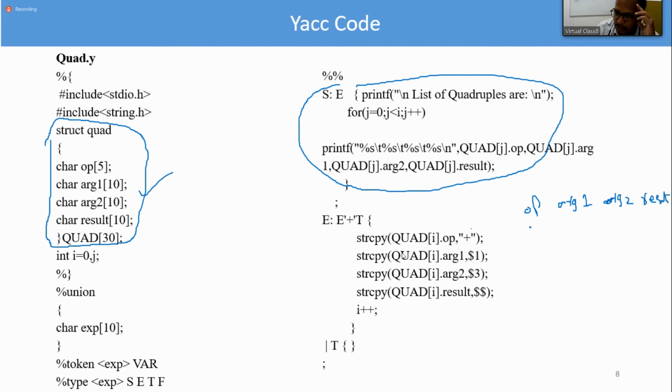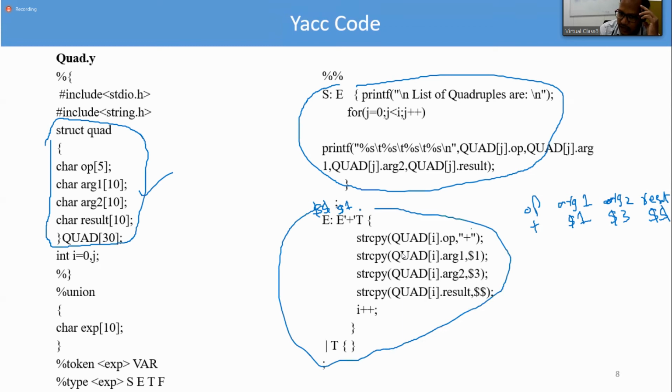The operation is plus, argument 1 is $1, argument 2 is $3, and the result we are showing into $$. We already represented $1, $2, and $3, so this is the output whenever you get a plus.